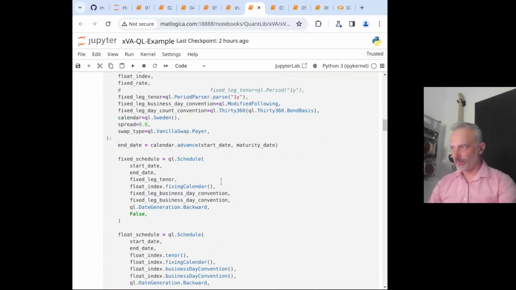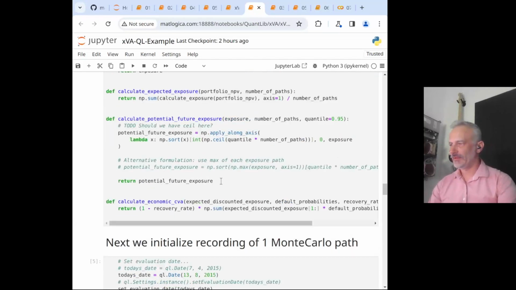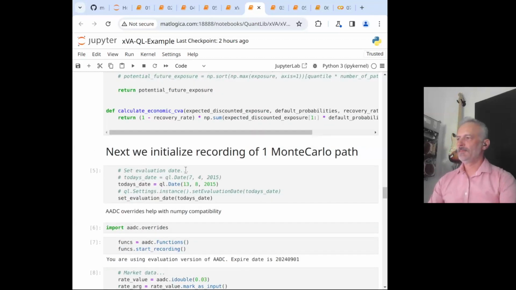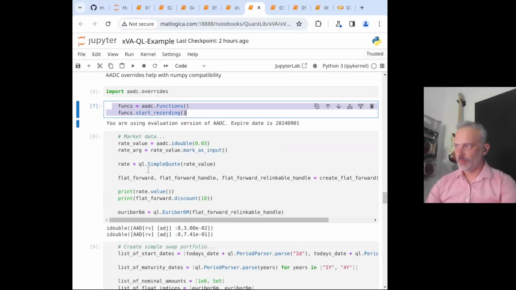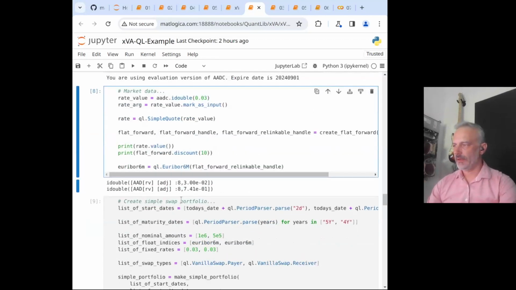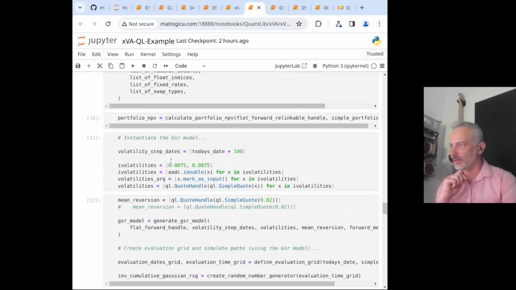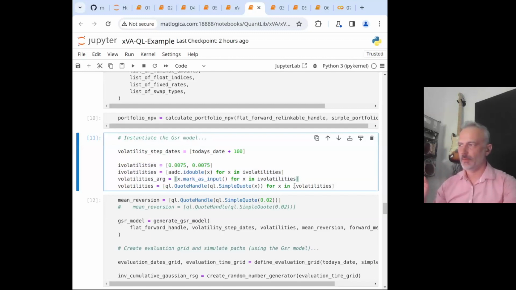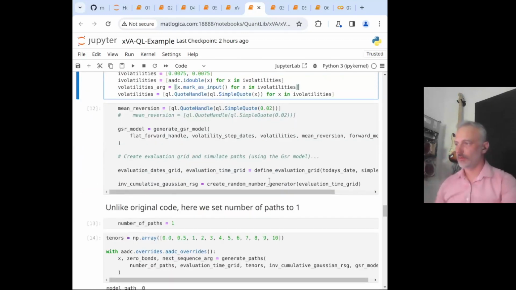So I'm going to skip through the boring part. Again, you can go deeper into this because it's on GitHub. And I'm going to focus on the recording and the ADC. So here we're starting the recording. We identify the inputs. Our input is the interest rate scalar in this case, but also we define all our, sorry, this is the portfolio, and we have some volatilities defined as inputs, so you can tweak that if you want, and calculate sensitivities too.